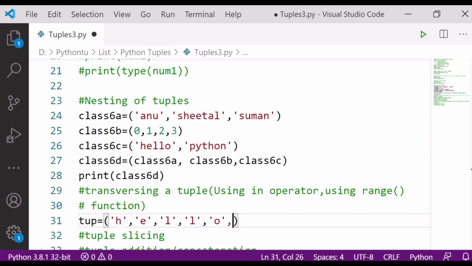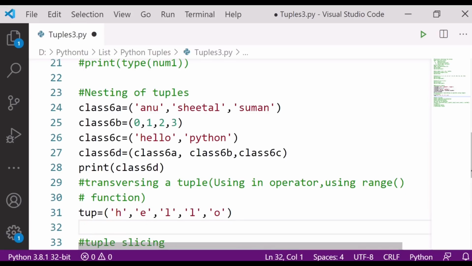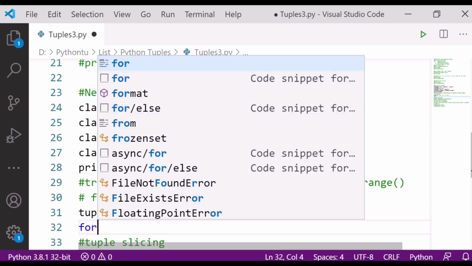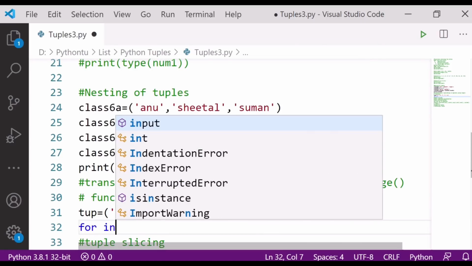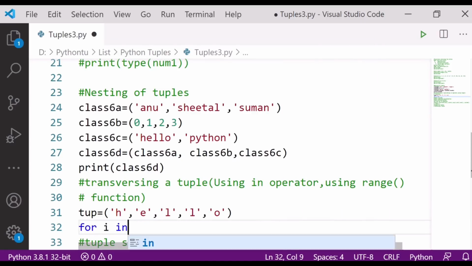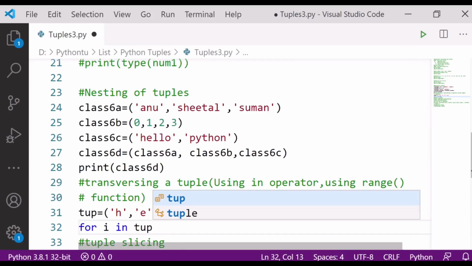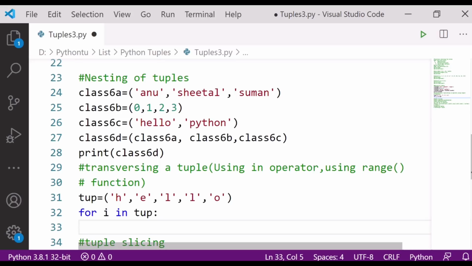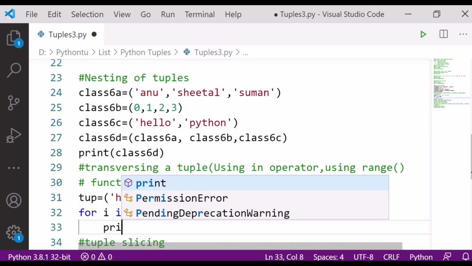Then hello, simple. So I have created this tuple, and I am simply writing for i in tuple. We have done this many times. After that, I will simply print i.